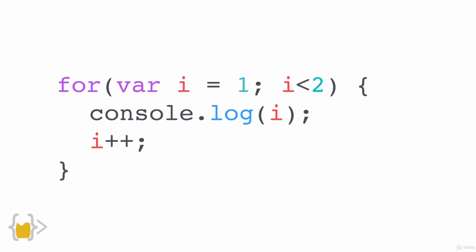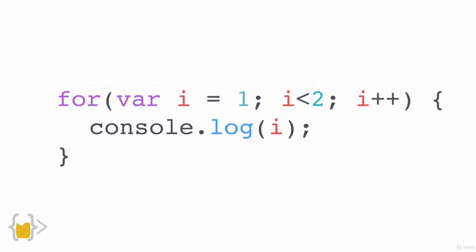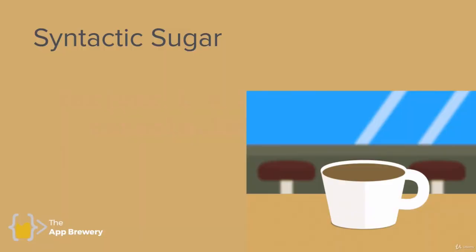And finally, if we're using the while loop, we have to include the code that changes i inside the while loop. Now it's integrated into the declaration for the for loop, so that when we create the for loop, we already define the starting point, the ending point, how much i is going to change, and the code that should be carried out every single time the loop runs. So as you can see, the for loop is essentially what we would call in programming syntactic sugar. It just sweetens up the syntax and makes it a little bit easier for developers and programmers to write.